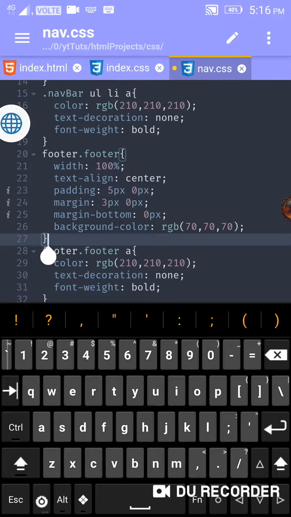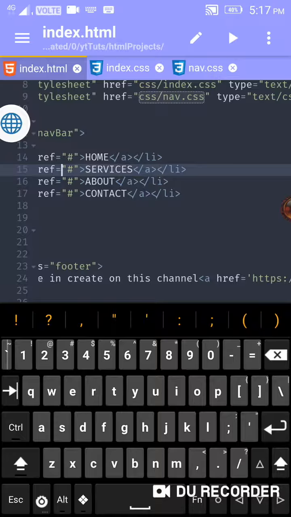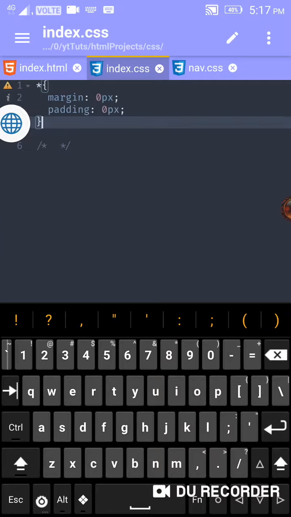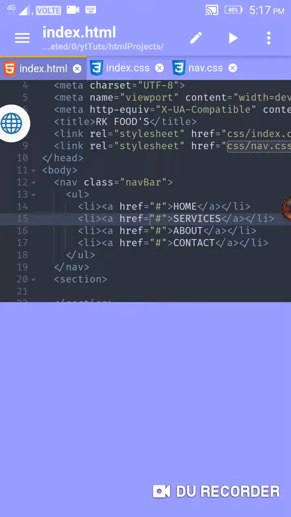We are just given margin and padding, and now Alt S. Now work has been completed here. Now we have to go to the index file. Here I'm going to make